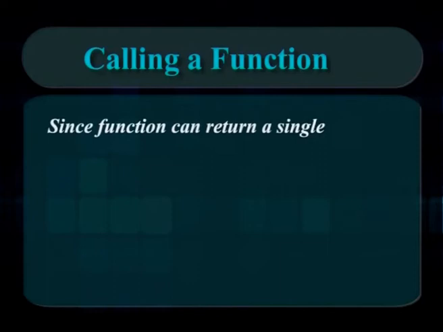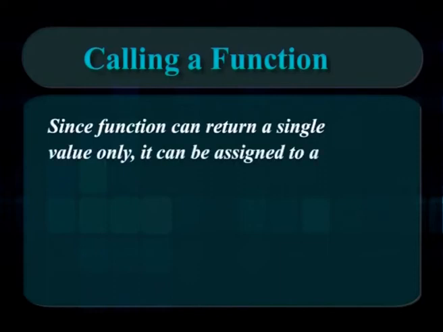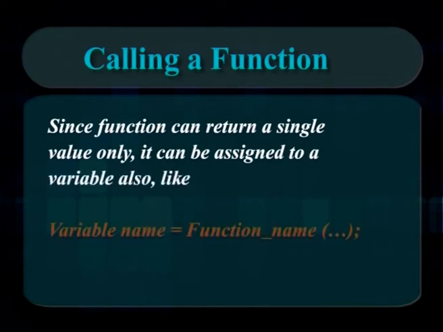Execution of call statement will transfer the flow of control to the first statement of the function, and subsequent statements will be executed till return statement is encountered. Since function can return a single value only, it can be assigned to a variable also, like variable name = function name();